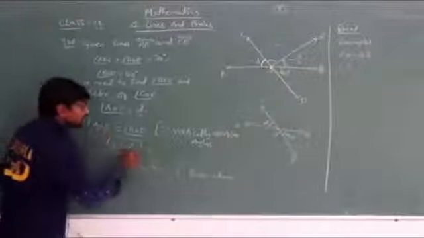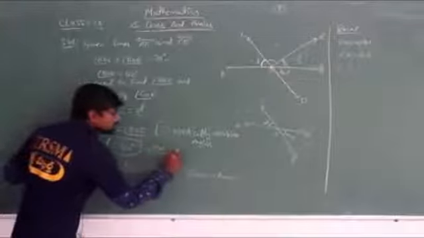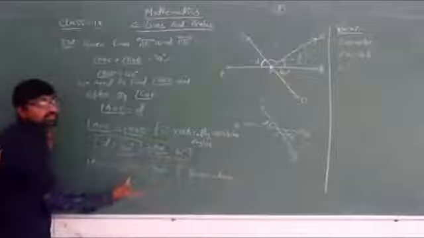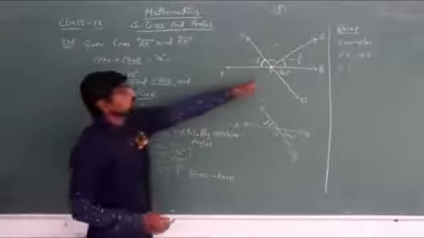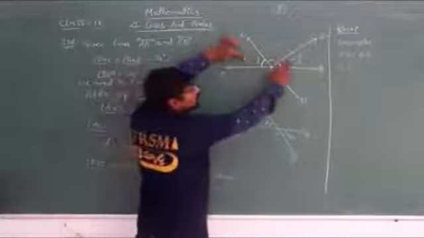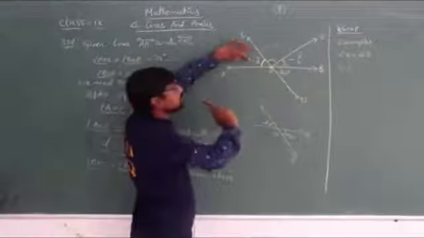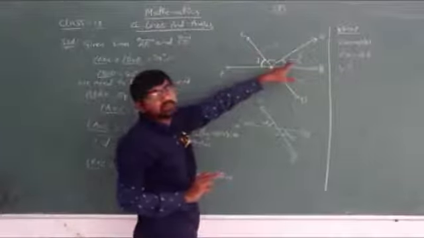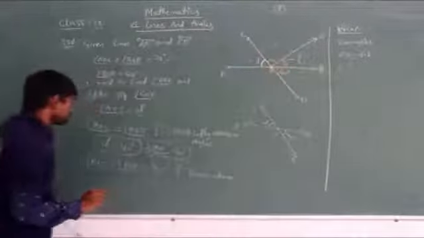D is represented as angle AOC. So angle AOC is 40 degrees, isn't it? So in place of angle AOC, we can substitute 40. Then, on adding both the angles, we got 70. It means that if I remove 40 from 70, I can get this angle, or not? So this is what you have to do.